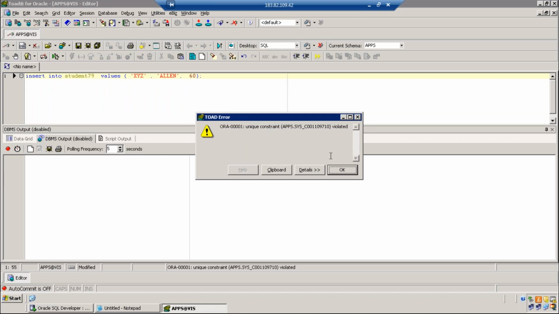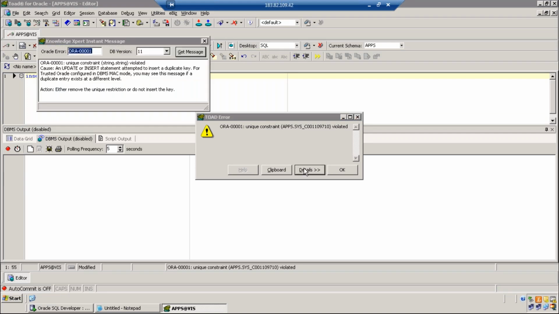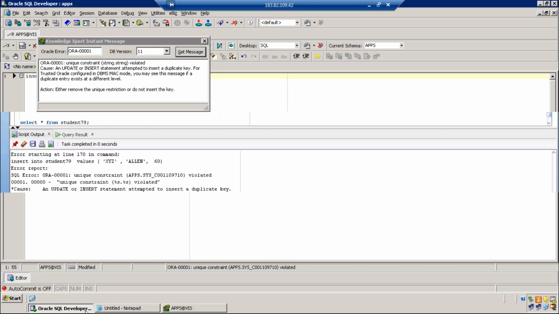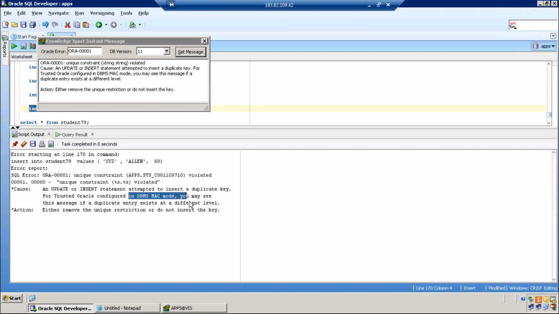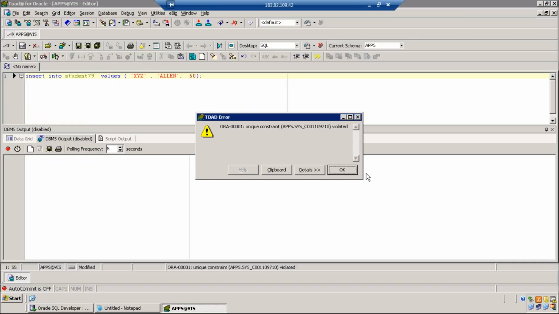Unique constraint violated is a pop-up window here. Go for details. This is what you get. See the message, all this information you have. Nothing, both are equally good.